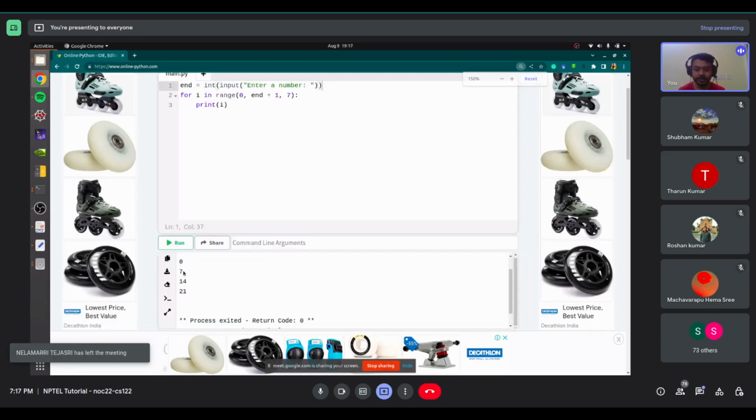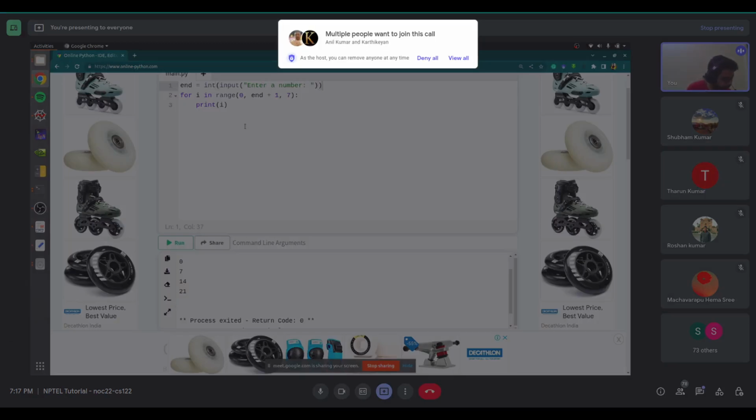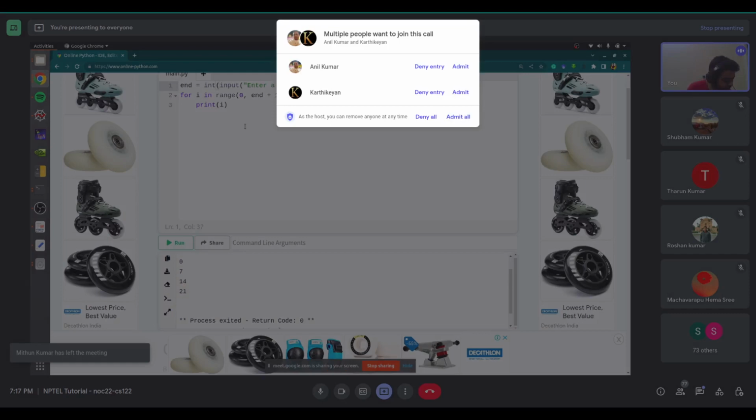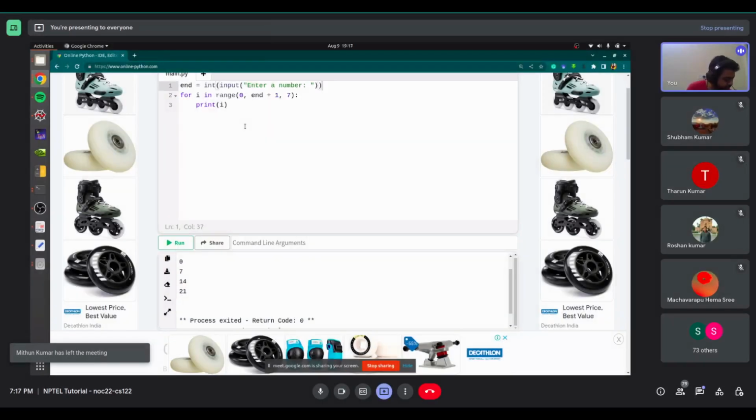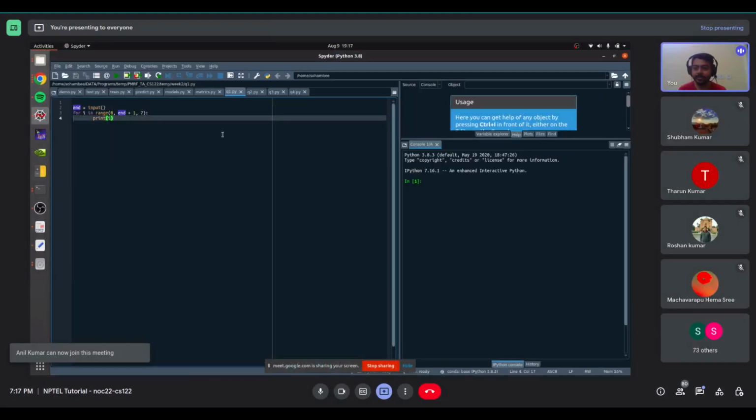So it will print 0, 7, 14, 21. Okay, so multiples of 7. I think someone else had given another answer, yes, so typecasting required. Some people have told it, so it is the right answer. Another person had given, I think, a slightly different answer, which was instead of giving, say,